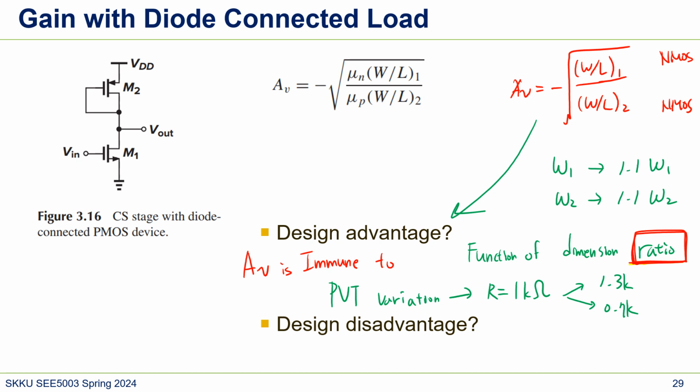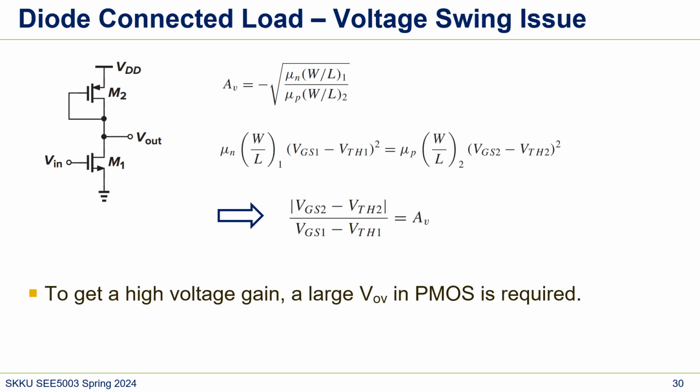Then what would be the design disadvantage? One disadvantage is swing. If you want to get a large gain, then voltage swing is a problem. Why does this diode connected load have a voltage swing issue? Our gain would look like this, right? We already calculated it,